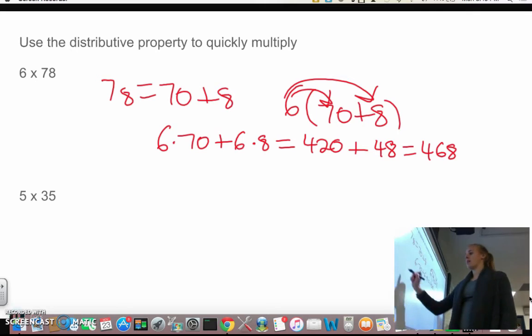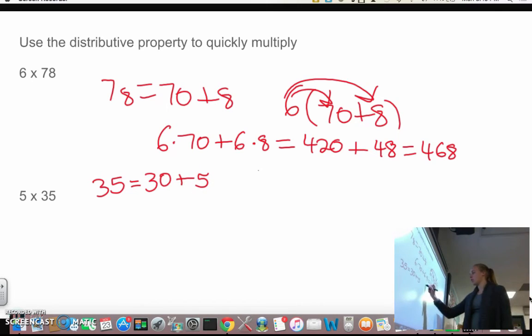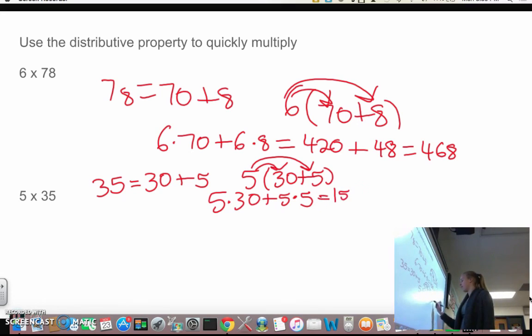Okay, so we can say that 35 is equal to 30 plus 5. Those are two numbers that are pretty easy to multiply. So then we'll have 5 times 30 plus 5. We'll do 5 times 30 plus 5 times 5. 5 times 30 should be 150, and 5 times 5 is 25, so our answer should be